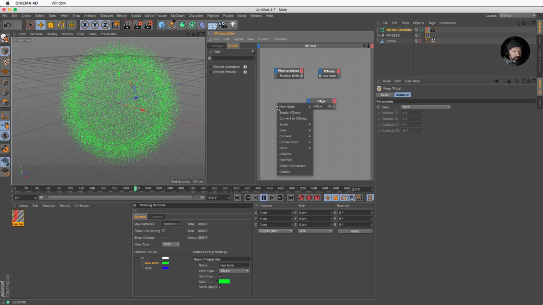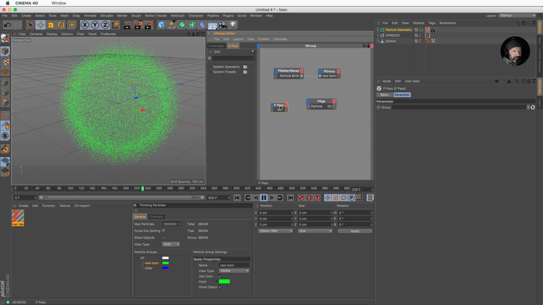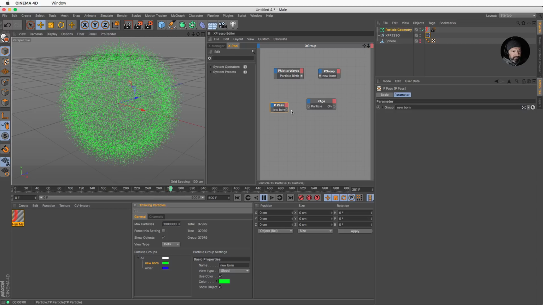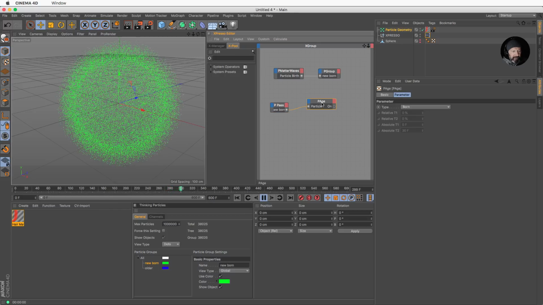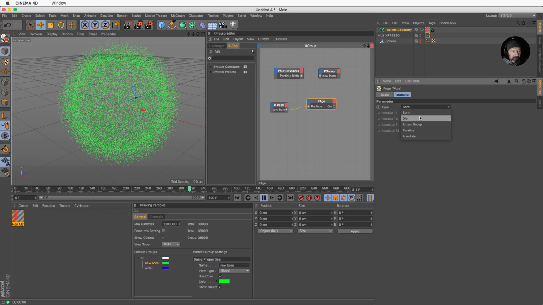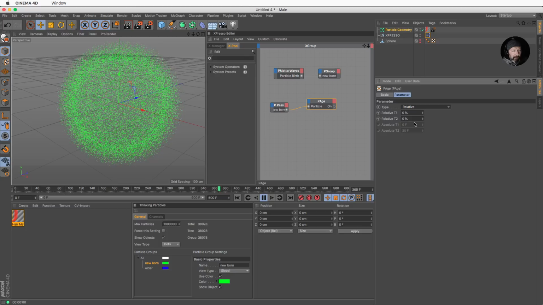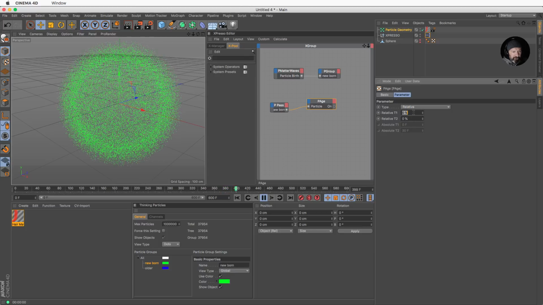Well, you need to go to Thinking Particles and say PPass. And I want to pass the newborn particles into the PPass. And I want to set the percentage to be something like die. So from, oops, it's not die, it's actually relative. There you go. And I want to take all the particles which are between 50 and 100%